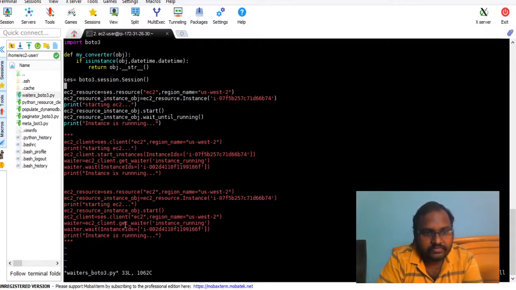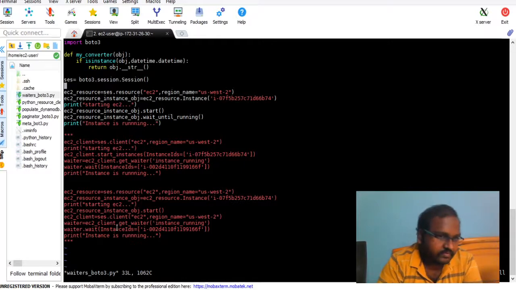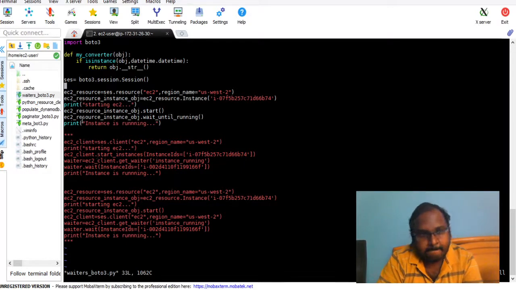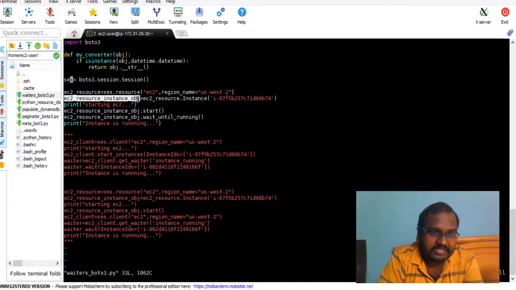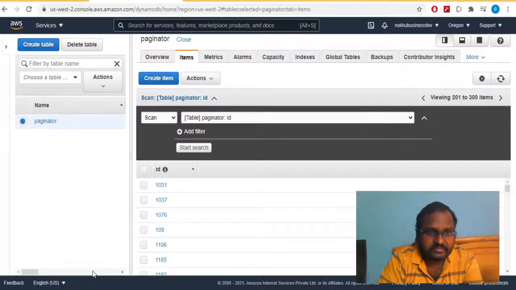So using resource and client, we can use wait condition basically. So how to do it? Basically here we already know how to make session and how to make resource object, and from the resource object I made instance object, which we already seen. Basically there is one instance present which I have created. I just showed, this is the instance